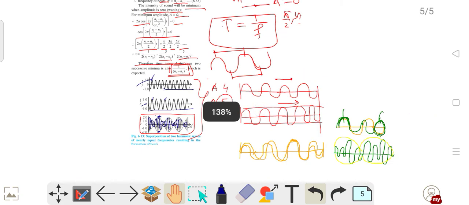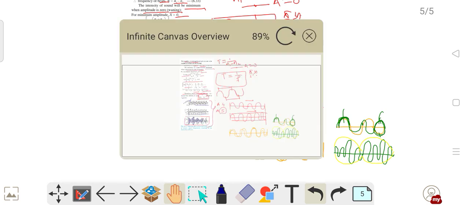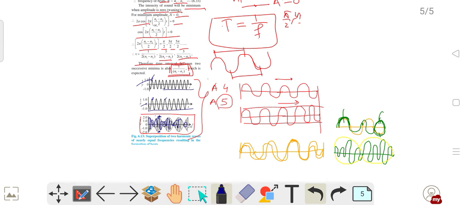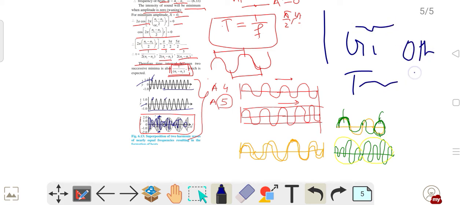Now there is something called application of beats. So what is the application of beats? बीट्स का दो तीन एप्लीकेशन है. The first is, अगर तुम किसी म्यूजिक सेरेमनी में जाओगे तो you might have observed that the guitar, the तबला guy and other instruments पे जो भी रहते हैं, they will first tune in between themselves. So what they are trying to do is they are actually trying to match the beats.